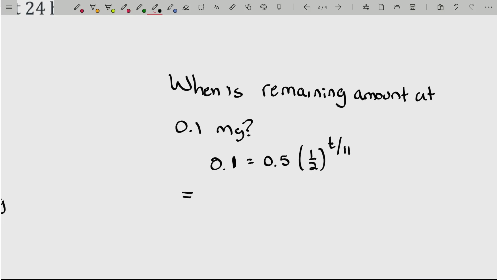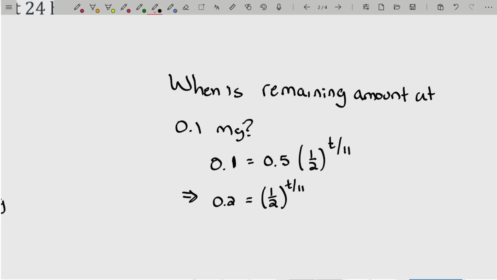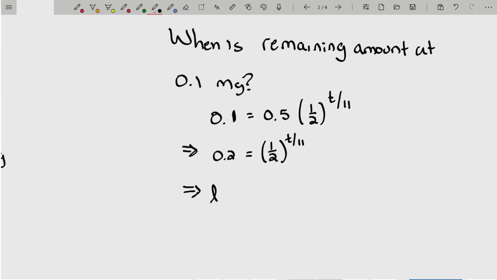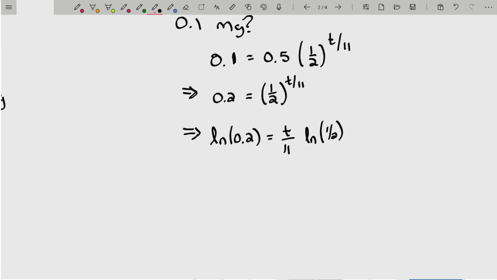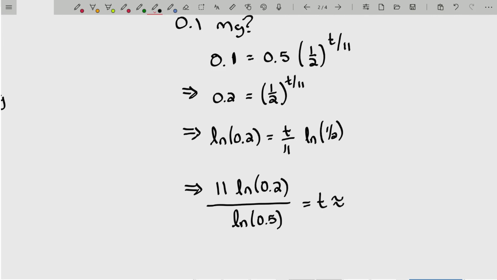Divide both sides by 0.5 and you'll get 0.2 is equal to 1/2 to the t over 11, and then take the log of both sides. So I'll just take the natural log here, but you could totally take the log base 10. And you can see that as I do this, I go quickly because there's not really a lot here to talk about. It's just good old arithmetic. So natural log 0.2 divided by natural log of 0.5, rather than half, I just write it as 0.5. And this is approximately equal to